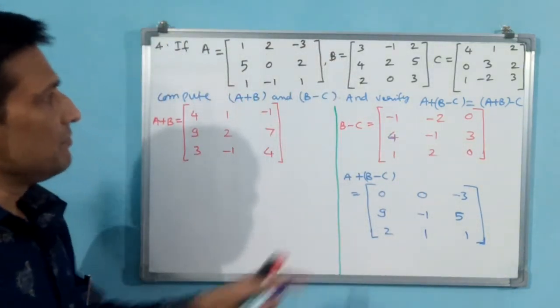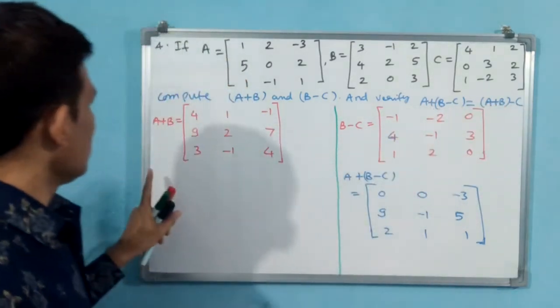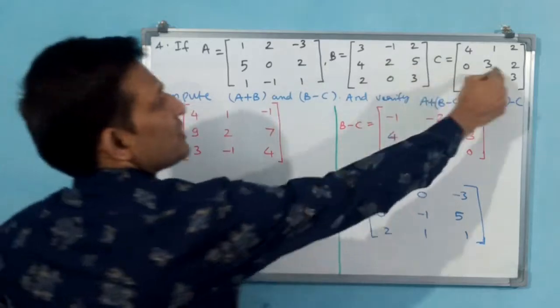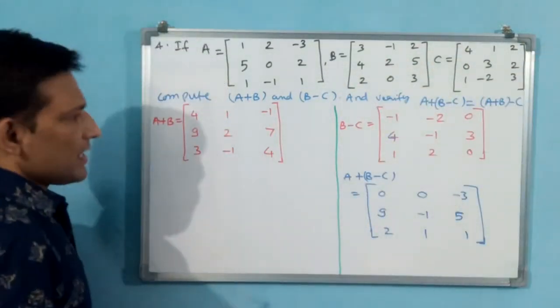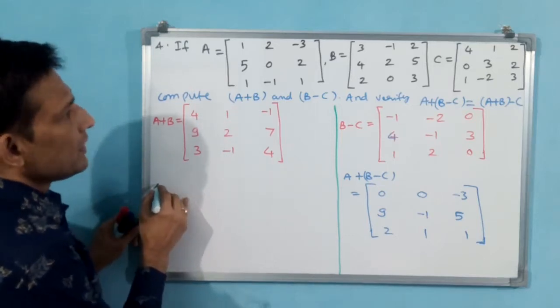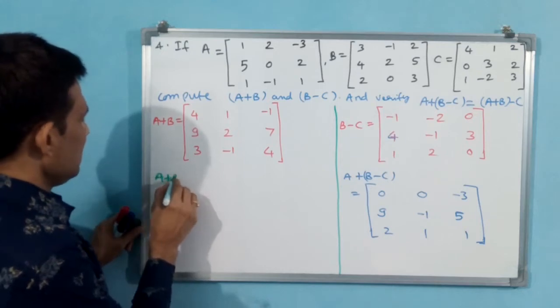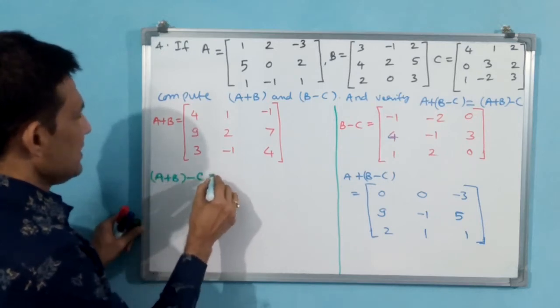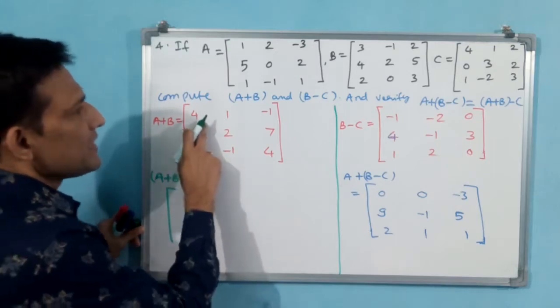Okay. This will be A plus B minus C. Now A plus B minus C also we can do here. A plus B is there, C is this here. You see left side, right side. This also we can do directly rather than writing again and again. Let us write A plus B minus C is equal to, okay, A plus B is there, minus C.